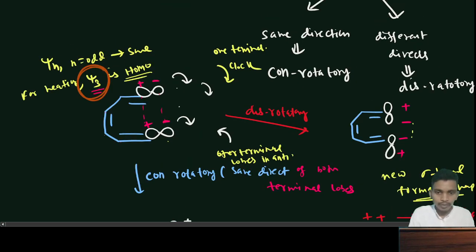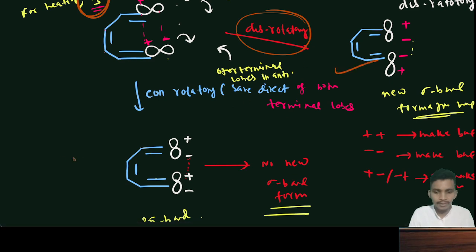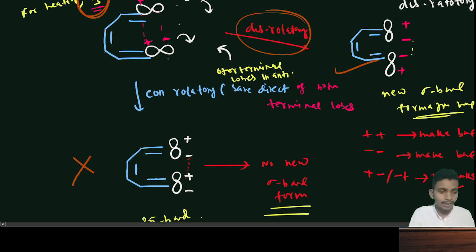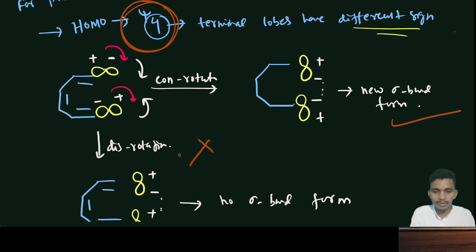So on heating, bond formation is happening on the disrotatory, whereas no bond formation is happening for conrotatory. Disrotatory bond formation happens, and a new sigma bond is formed on heating. And for the same substrate on photochemical conditions, since the HOMO has changed, conrotatory bond has formed, but for disrotatory no bond formation occurred. Okay. So what is seen here